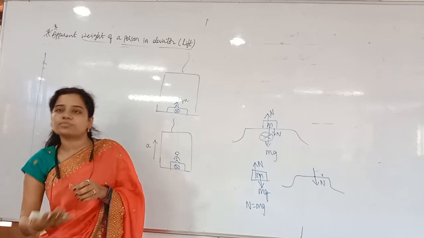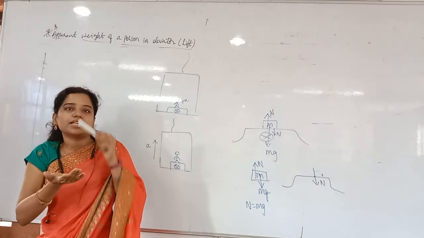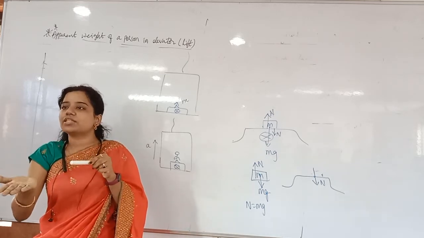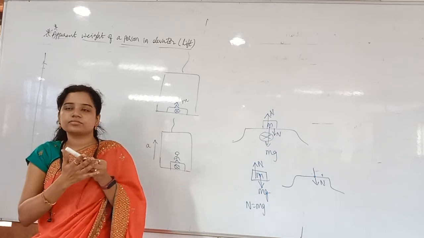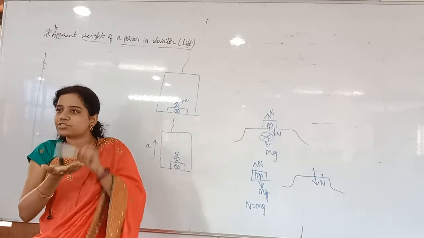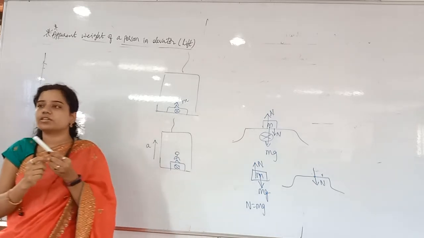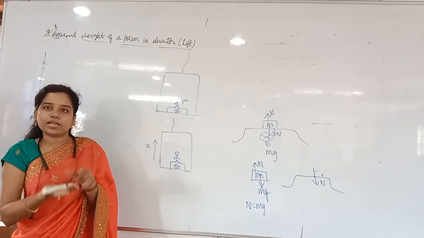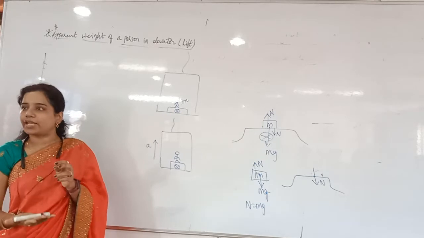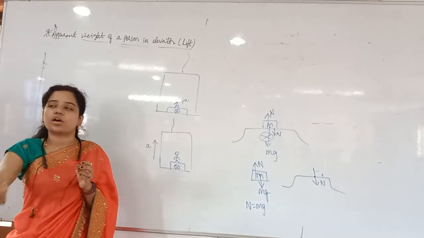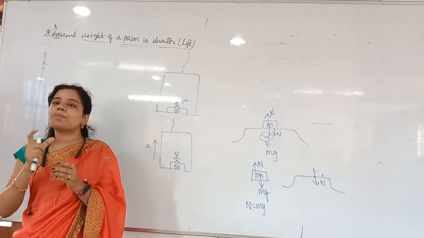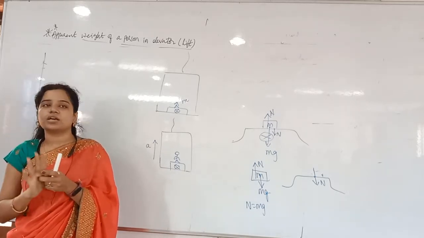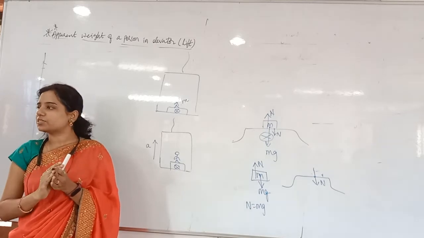Whenever I drag down, I am saying that my hand is feeling less weight, and this is not in contact with my hand. Not in contact, nothing but normal reaction is not there. Don't confuse in that. Whenever it is not in contact, which is the contact force here? Normal reaction only, no? Normal reaction is the contact force. I am saying that this pen is not in contact with my hand, nothing but there is no normal reaction there. So who will give the apparent weight always? Normal reaction acting on the weighing machine gives you the apparent weight of the person.